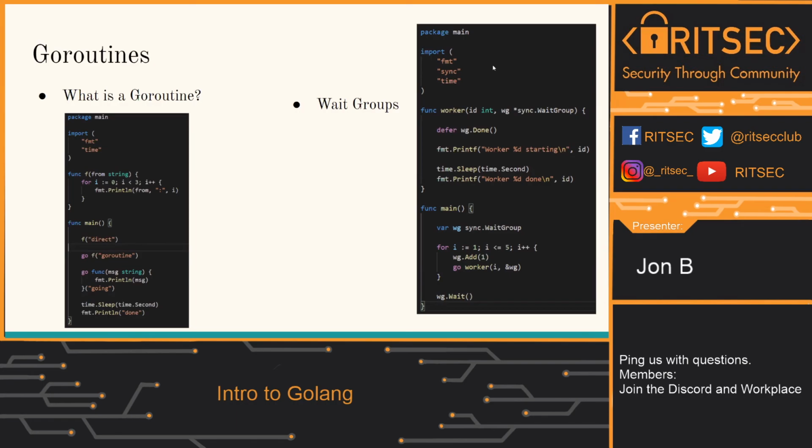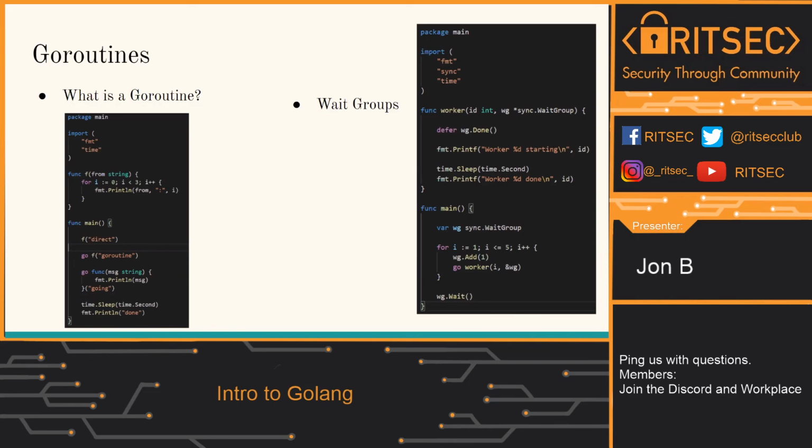So stepping into the code on the left is a basic example of a Goroutine. Going through the main, it's a direct call to the function, the first call of f. And then the second one is go f. That starts a Goroutine with f. What that does in Golang is, once it hits that, it's like you're starting a thread in another language. So it runs f in a separate thread and then continues on in main.